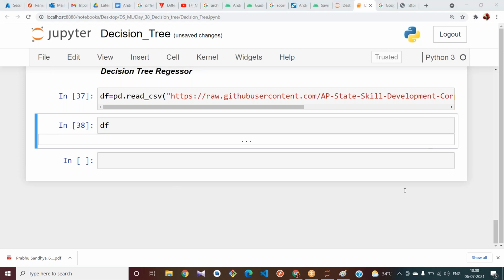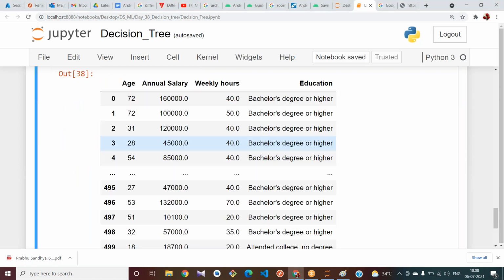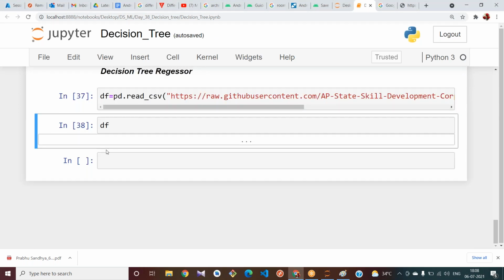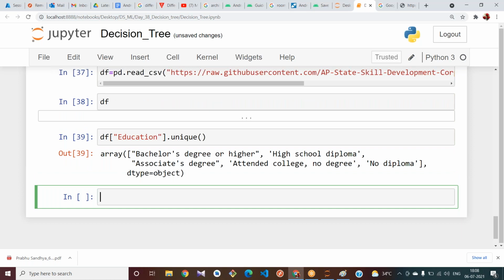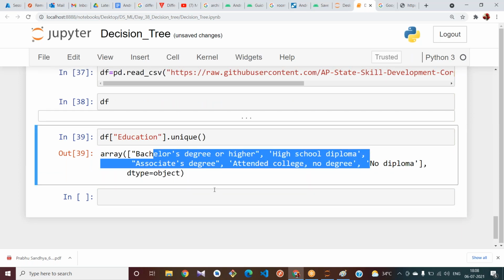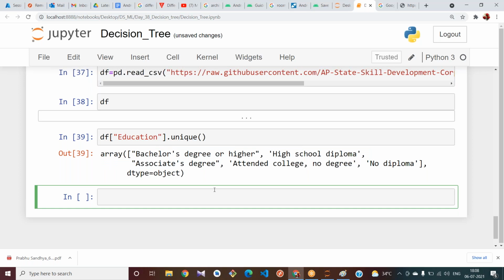For regression, can we take education as the output column? It is discrete in nature, no? See, df of education dot unique, you have discrete values here, not continuous values.